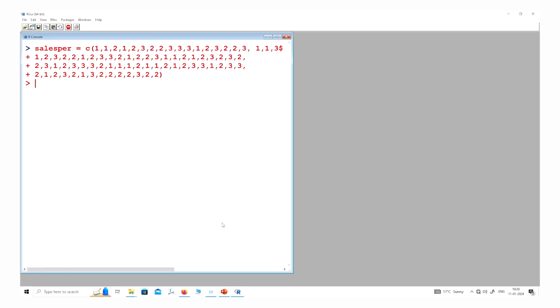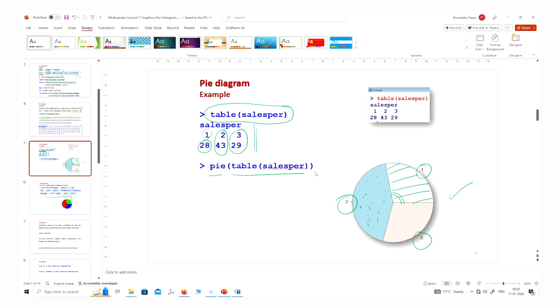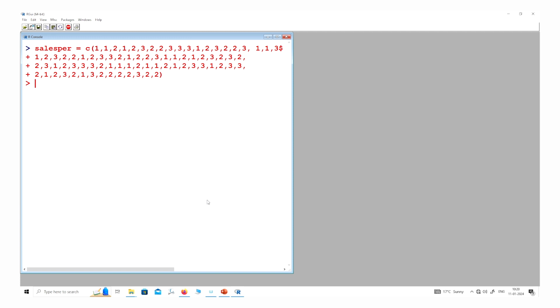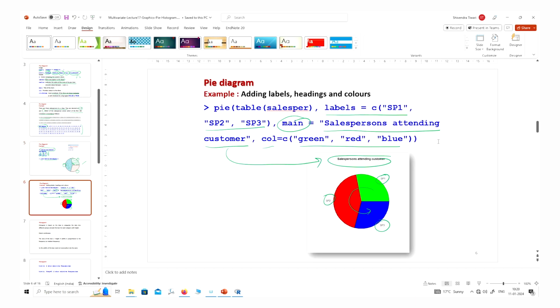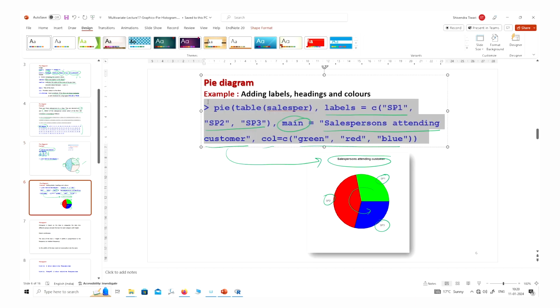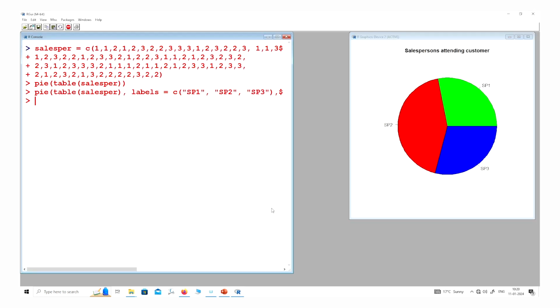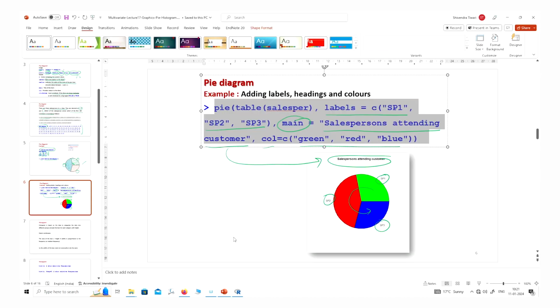So you can see here this is here like this, and now if you want to create here the pie chart, you will see here it is coming out to be here like this, same graphic which I showed you on the slide. And if you want to make it more informative by adding more information, it will come here like this, right? So this is how we try to create these graphics in the R software, right?